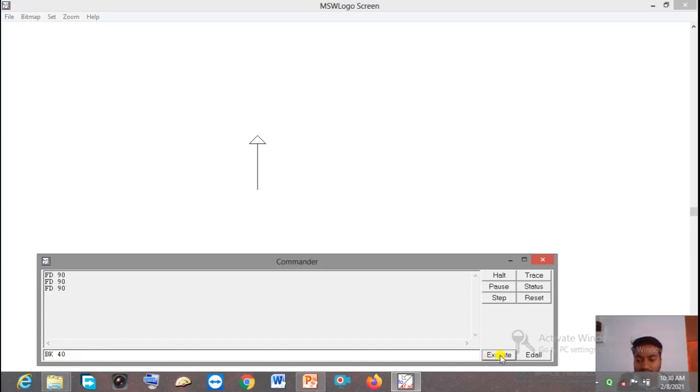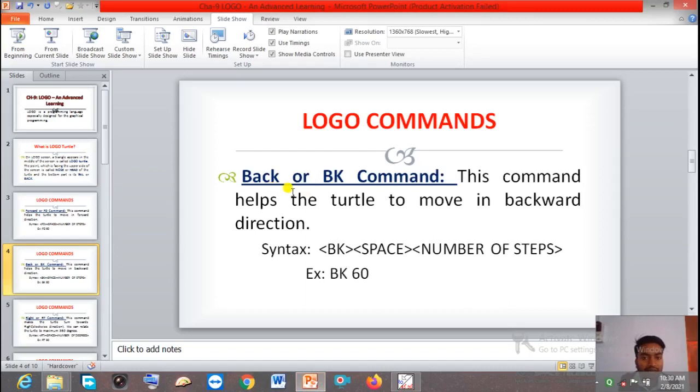Let me execute. Now you can see the turtle came back by 40 steps. So this is the use of the BK command. Again, if you give BK 20, then you can see. Understood? So this is the use of the BK or back command.